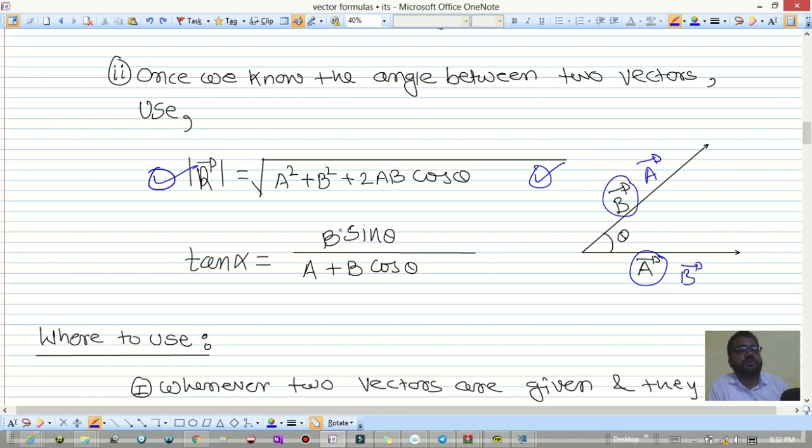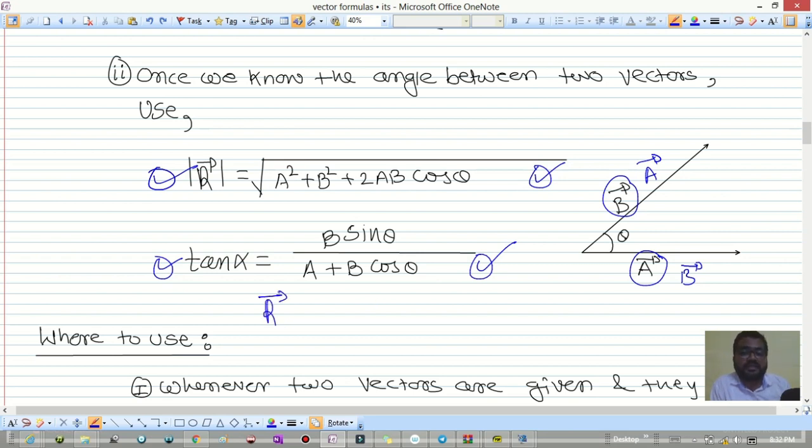Now what you have to do is, here, instead of b you have to write b sin theta divided by b plus a cos theta. So this is the difference that you need to understand. Magnitude will remain the same, but the direction will vary according to the position of a and b, isn't it? So over here, the magnitude of r bar will be equal to root of a squared plus b squared plus 2ab cos theta. This formula you need to remember, and this direction you need to remember.